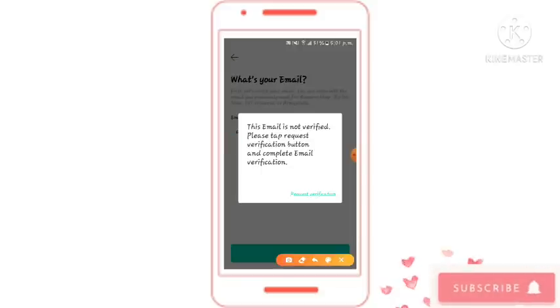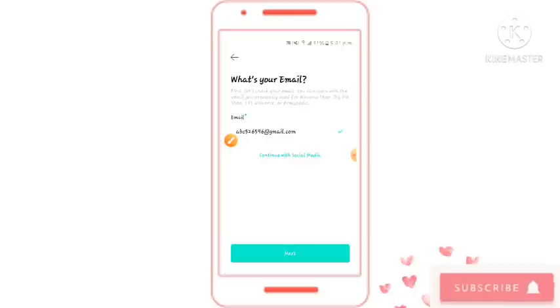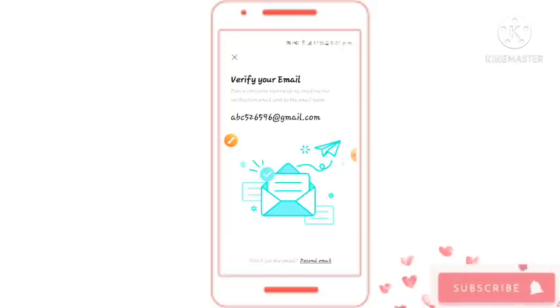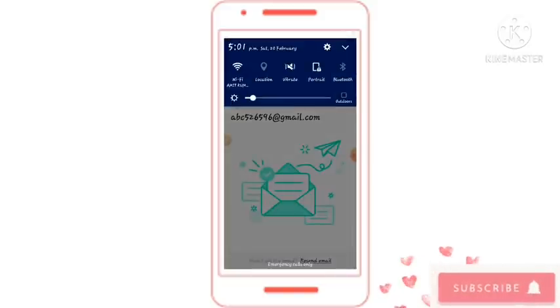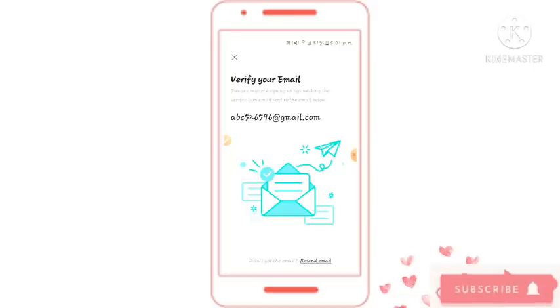After that I'm going to request verification, and after requesting verification, let us wait for the email to be sent to us via Gmail. So let us wait. Oh my god, I'm getting goosebumps whether this will work or not. Oh, I have tried it before too. It will work, surely it will.